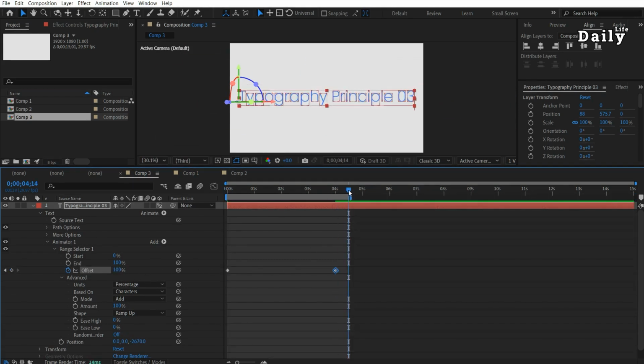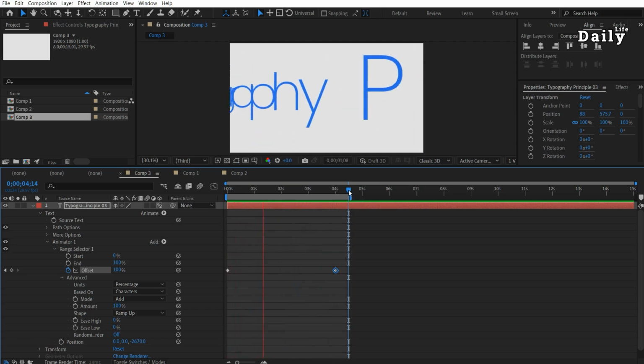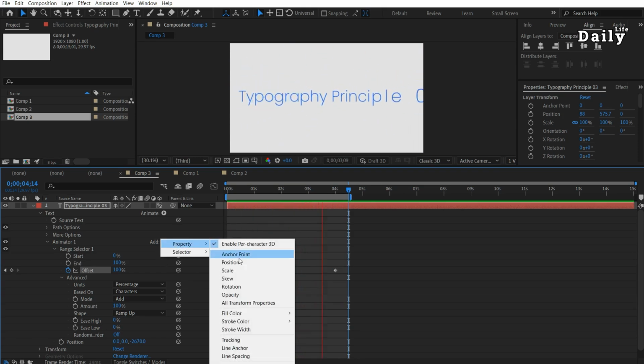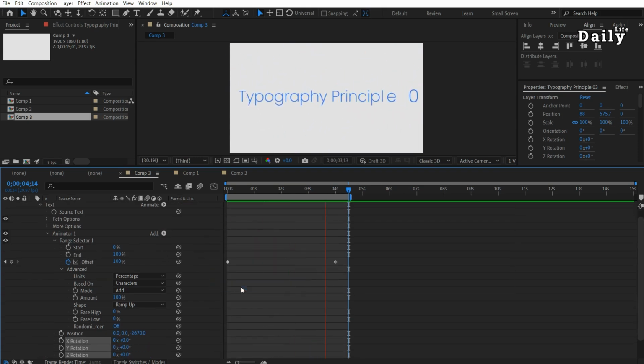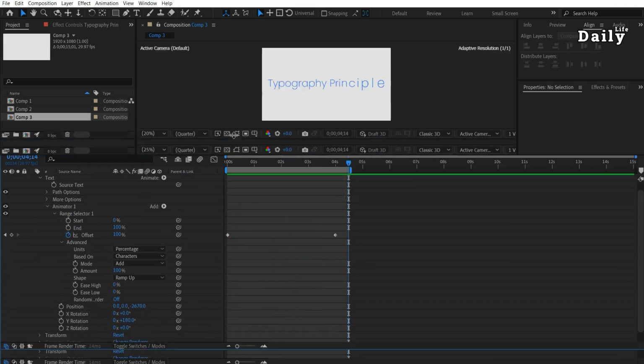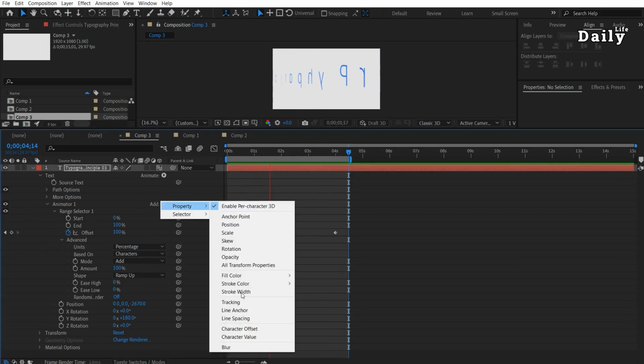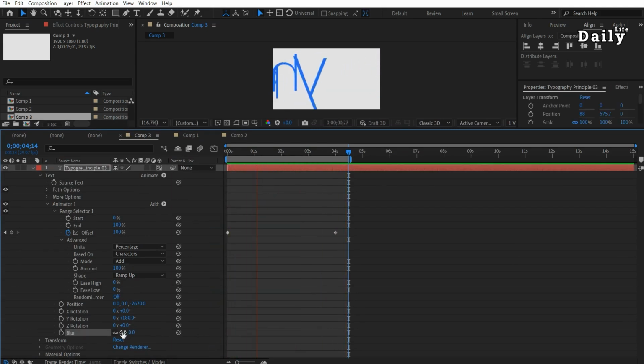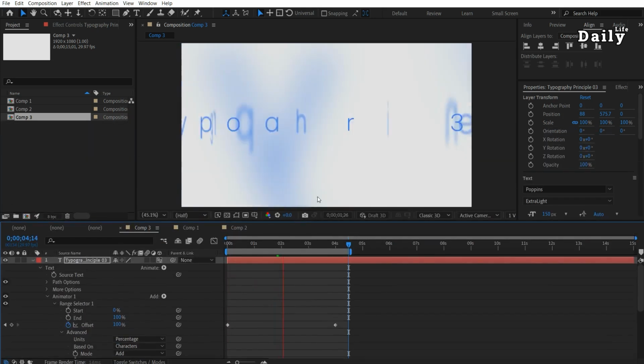Preview what you have got so far. Let's add a bit more flair. Set a rotation value of 180 to twist it. Add a blur effect and set it to 35 for extra smoothness. Activate randomize order for a touch of variation. Take a look at how each character flows in with a smooth, soft transition.